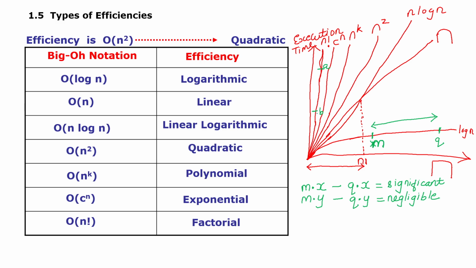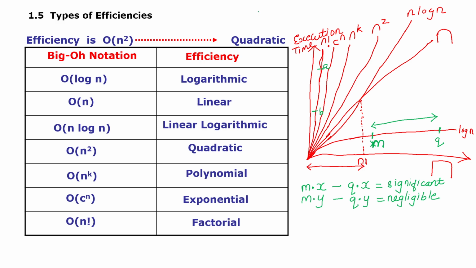So what this means is that although the value of n, remember on the x-axis we have n, increases negligibly from B to A, the corresponding increase in execution time is very significant. So if I would be standing in front of you, I would have shown you with my hand gestures, but unfortunately I'm not in front of you. So just look at this pen. I will say this way.